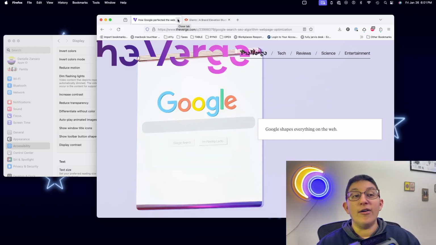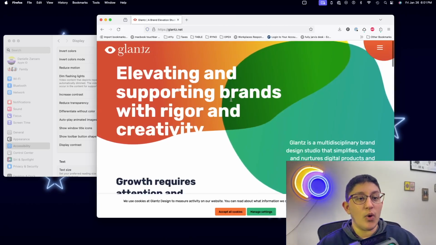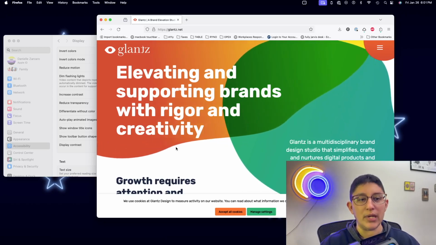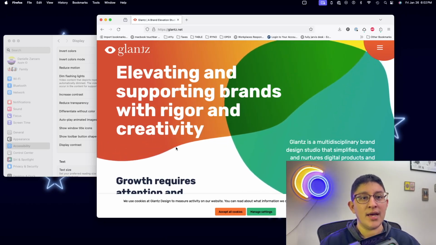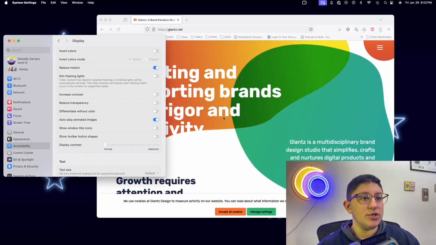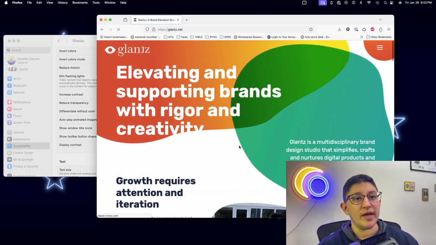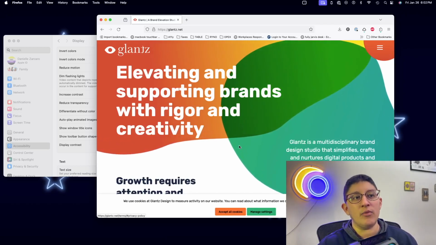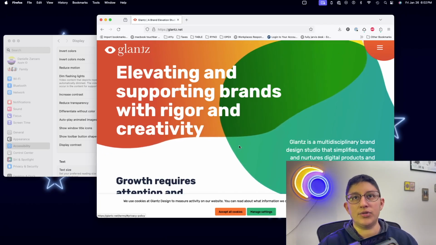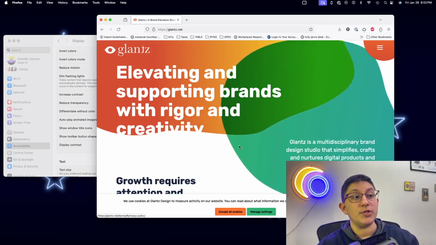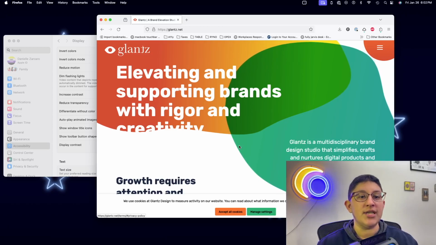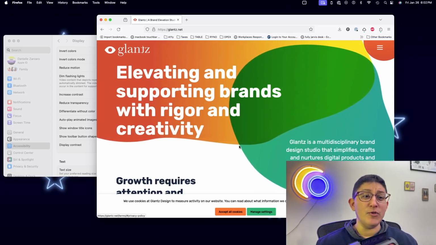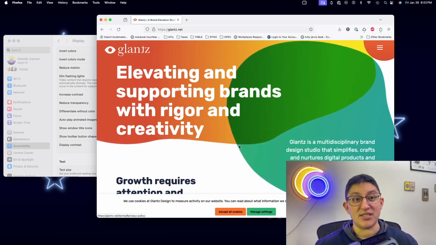And then our final example here is one that is a lot more subtle. It has these perpetually moving blobs in the background. I don't think it respects my reduced motion because I have my reduced motion on, and it's still moving. I think if I refresh the page, it's still going to be moving. So same as the site we just looked at with the article and the JavaScript scroll library, this should be respecting my reduced motion at minimum and just give me static blobs, right? This isn't something that needs to be moving for me to get the gist of what's going on.